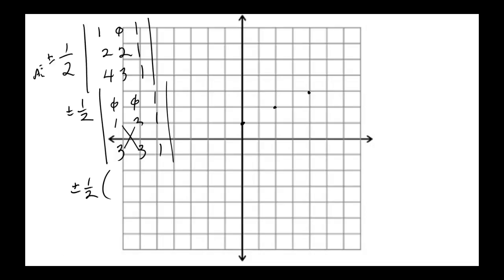Negative 1 plus 1 is 0. Negative 1 plus 2 is 1. Wait, can we not do column operations? We can with determinants. But that should be 3 minus 6, which is negative 3. Yeah, that isn't supposed to be what we get. Let's see what we get if we do it without doing the change. That would be 2 minus 3, which is a minus 1, and this would be,